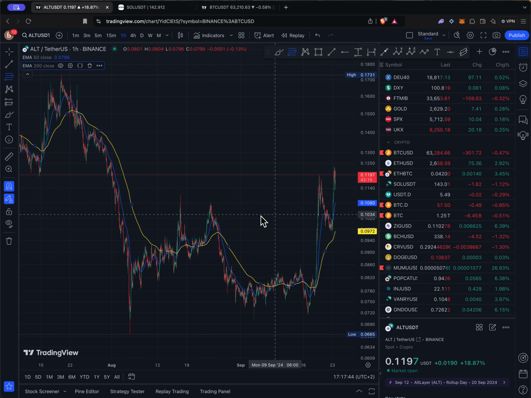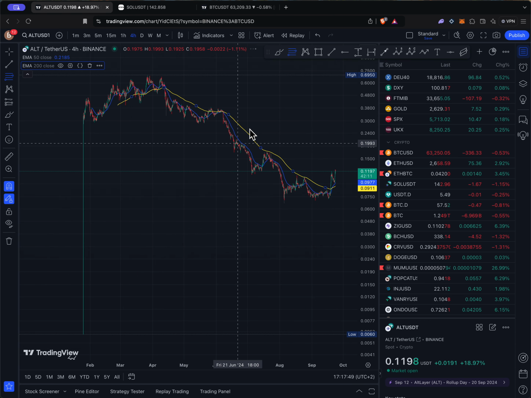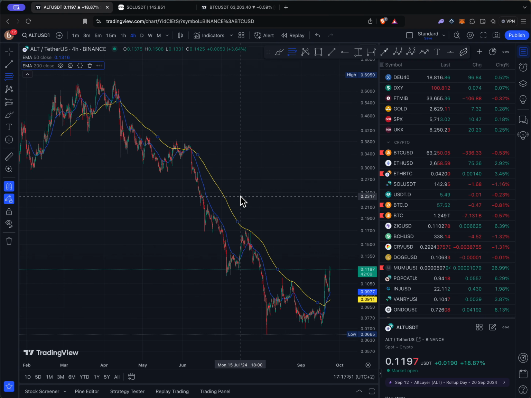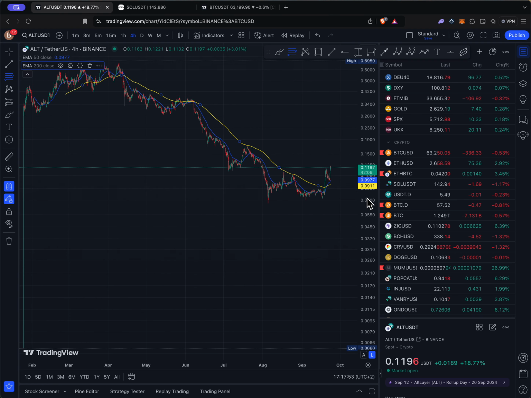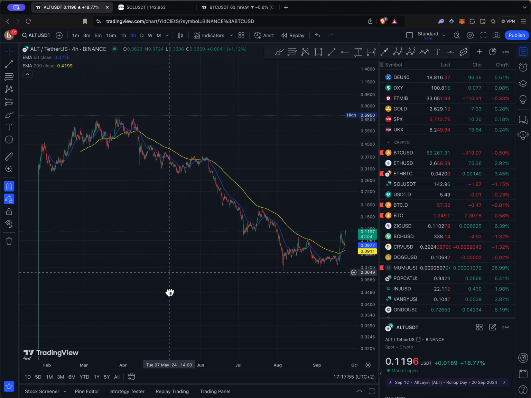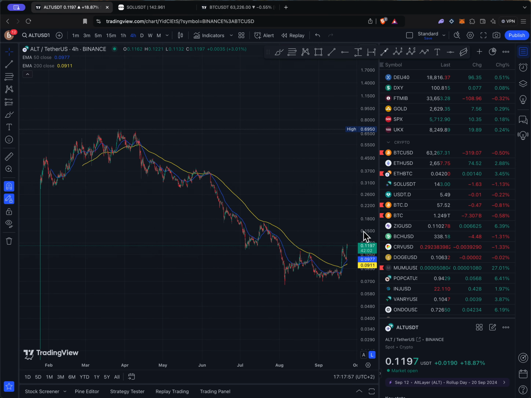In this case, wow, that's a very nice chart here. This is on a 4-hour time frame. The way I always look for coins is to try to find